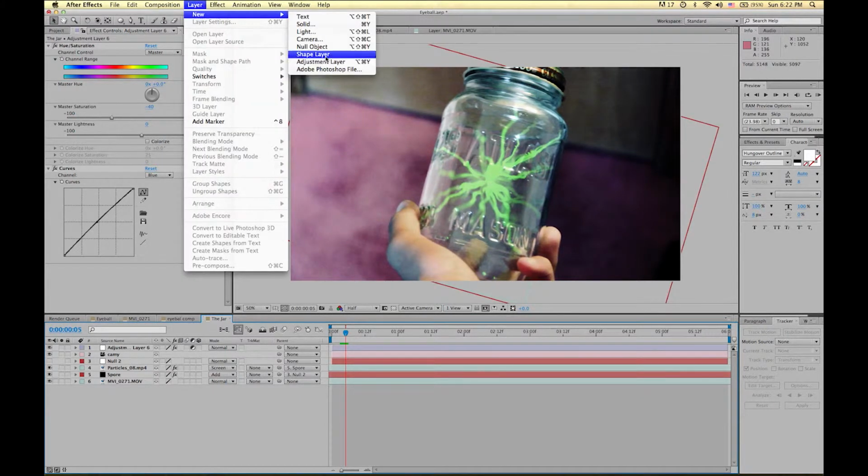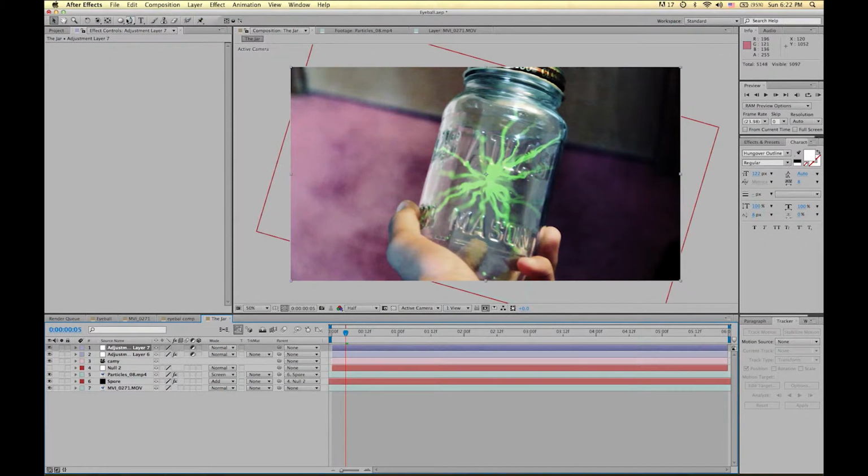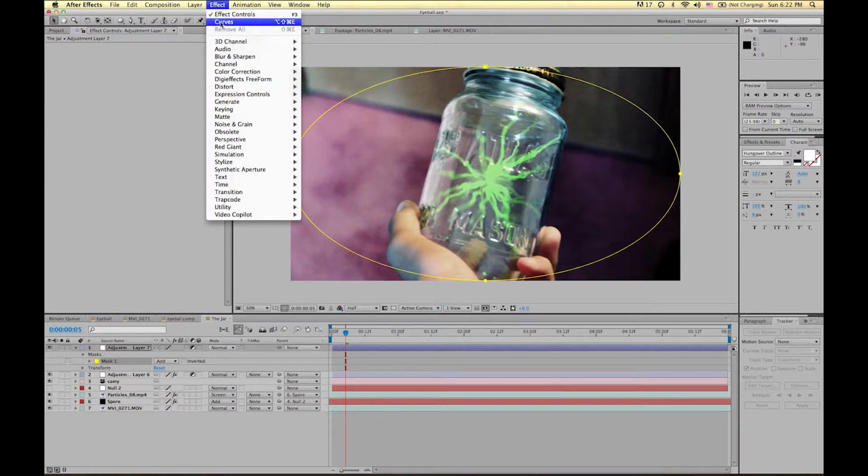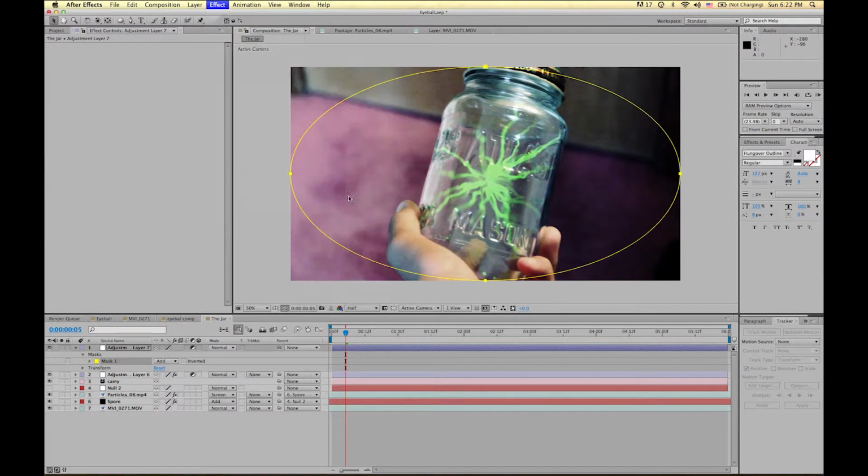Now I'm going to add another adjustment layer. Now you see this, usually it's set to rectangle, just hold and click. Now these are like the pen tool, but they're presets. So what I'm going to do is I'm just going to double click the circle, and what that does is it makes a perfect oval in my composition. So from there I'm going to Effect, Color Correction, Curves, and what I'm going to do,